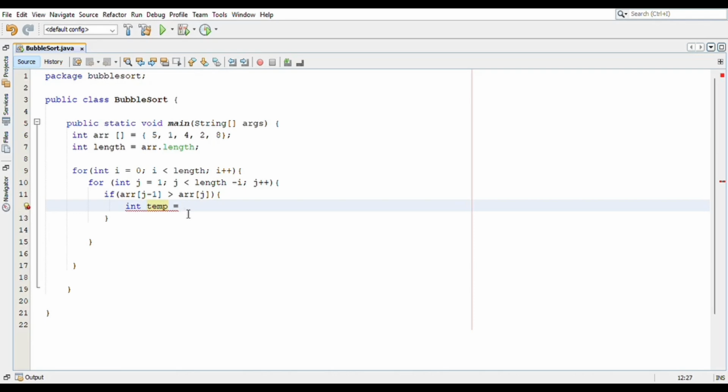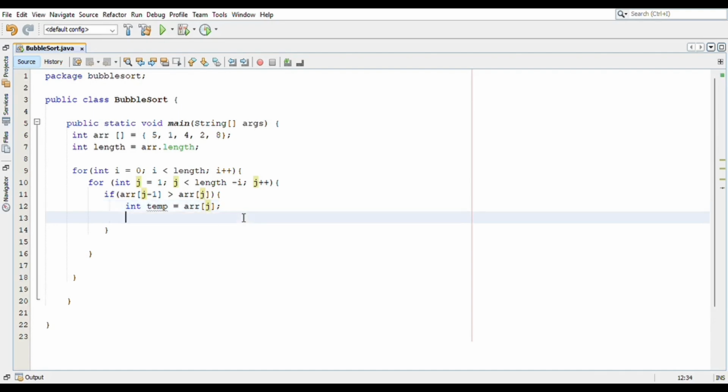And I will see here array of j, which means I'm storing the array of j value that is 1 inside the temporary variable, and then I will assign this value that is 5, that is array j minus 1, to array j over here.